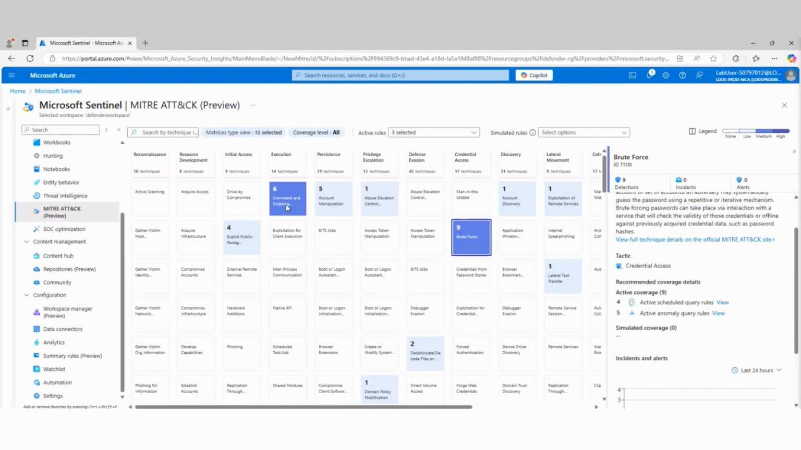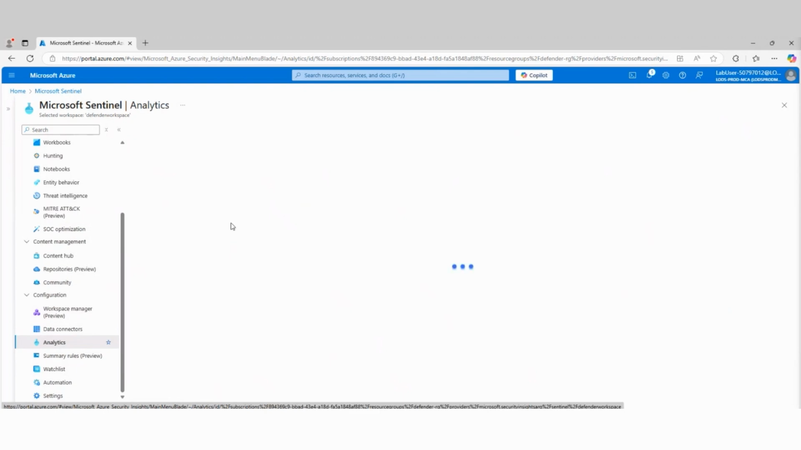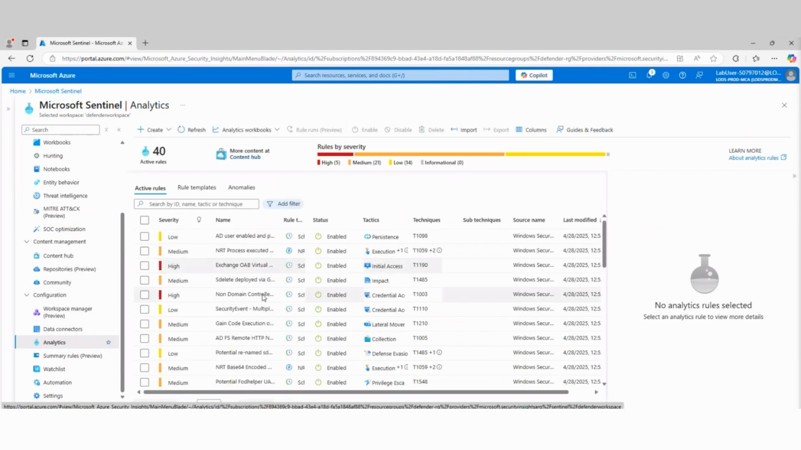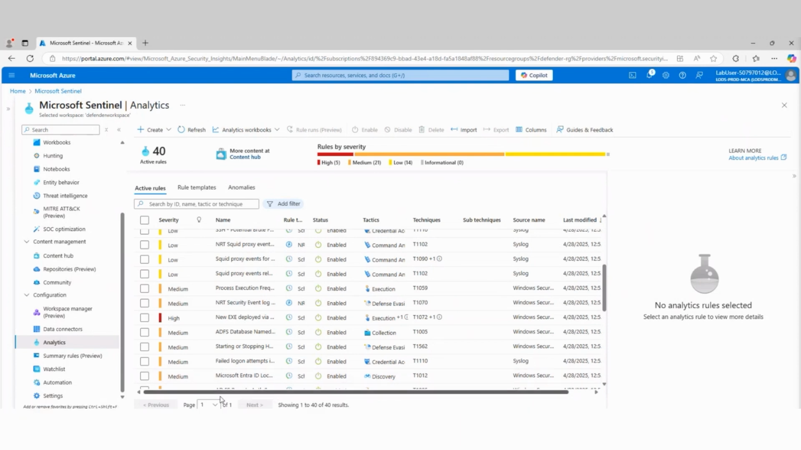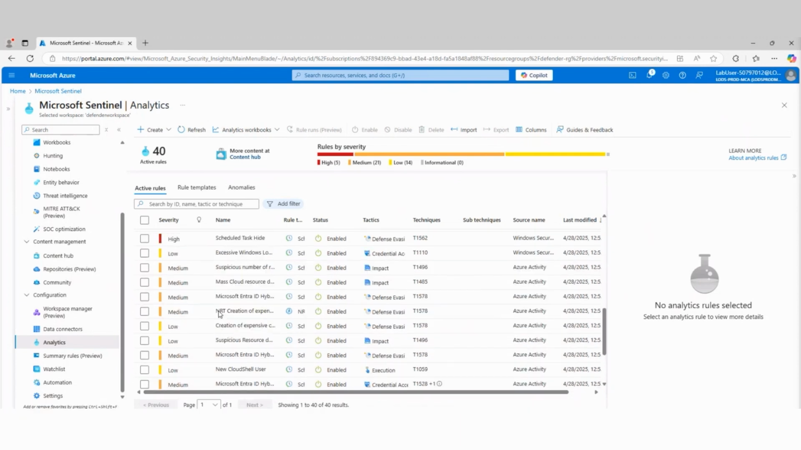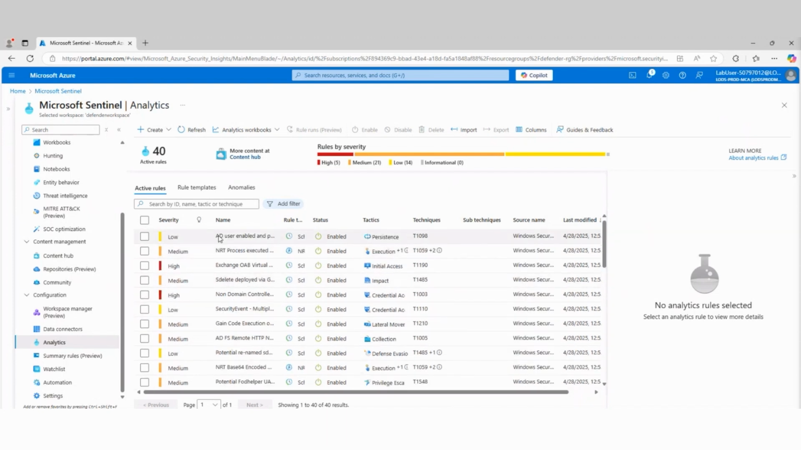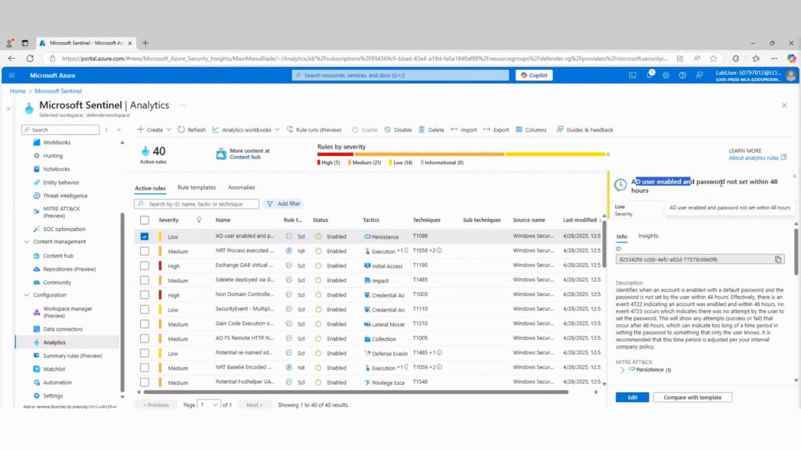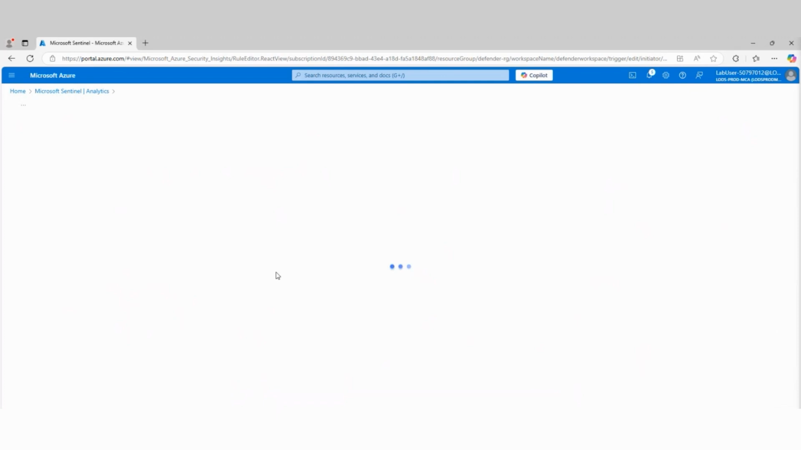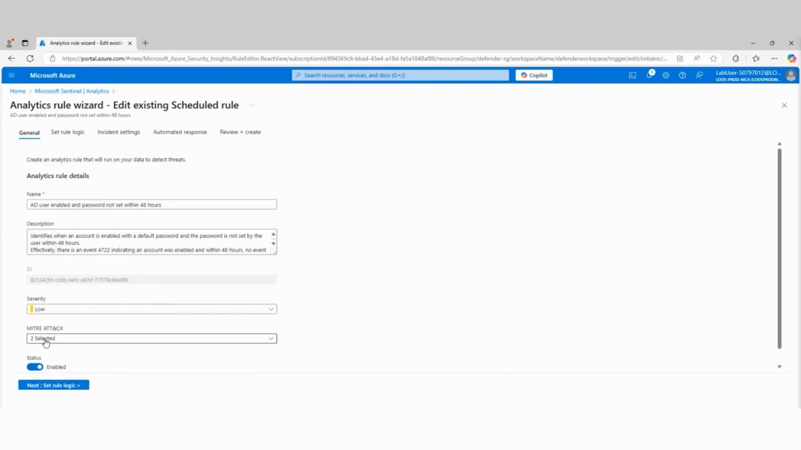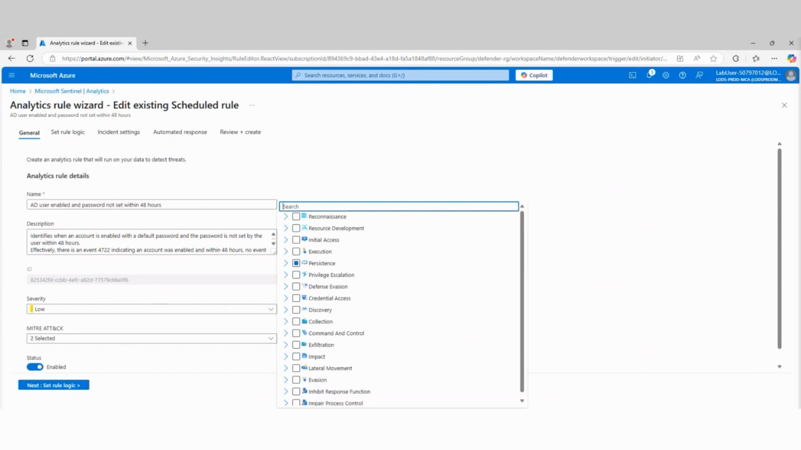Now you may be wondering, how do these boxes get filled in? I'll give you an example. Let's go to one of our analytics rules here. On my analytics rules page, let's take a look at one of these. Let's pick AD user enabled password not set within 48 hours. If I modify this rule, where it says MITRE ATT&CK, if you notice there, it has a 2 selected. I've got one here and I've got something else further down. Because I have this box checked,